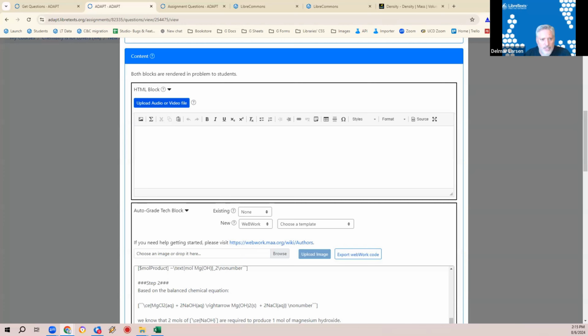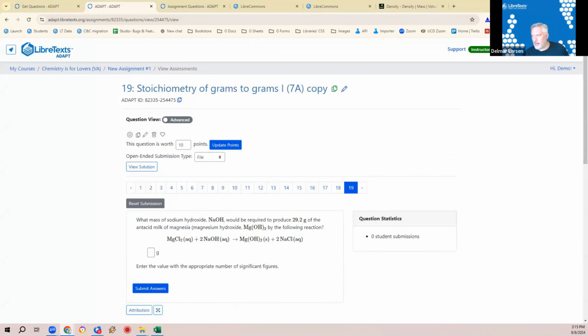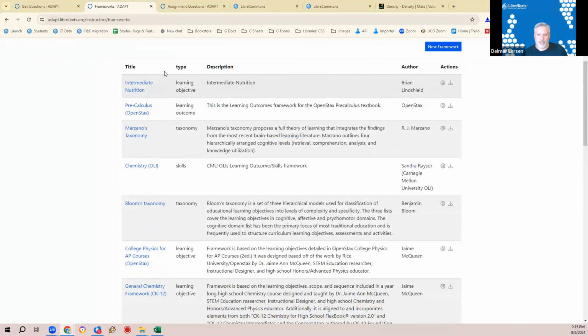Okay. So Jason, is the framework Adapt speak for learning objectives? Yes. A framework is a pre-existing set of meta tags that are fixed or pseudo-fixed. Those can be learning objectives. They could be taxonomies. Could be skills. They could be a variety of different things that are out there. So for those of you that are interested, if you go to frameworks down here,